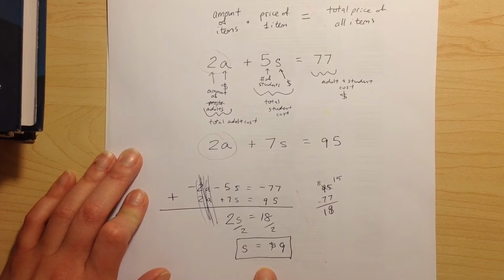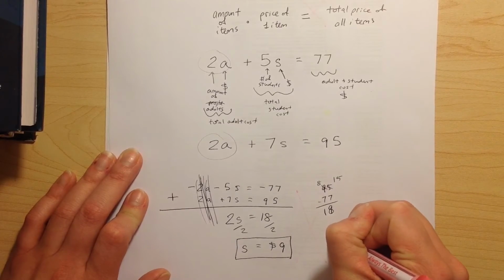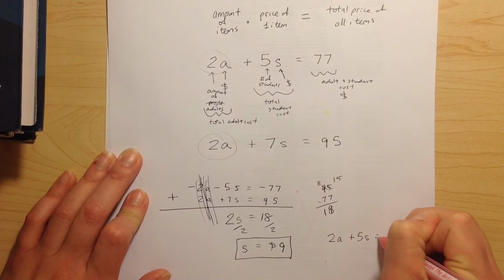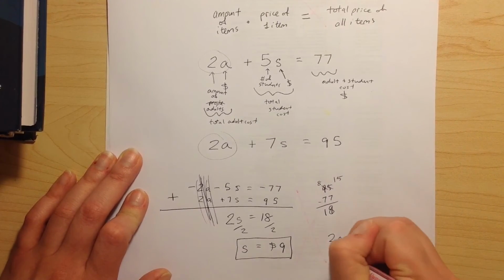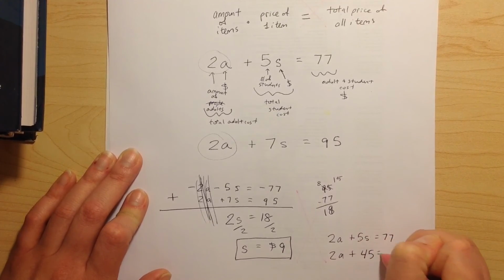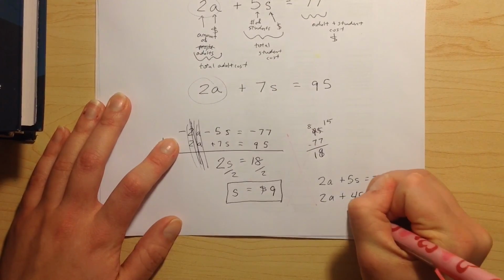So then I just have to plug that back in to figure out what the adult price is. So I'm going to have, let's go with the 77 one, 2a plus 5s equals 77. The s goes in right there. So I'm going to get 2a plus 5 times 9 is 45 equals 77. I'm going to subtract that 45